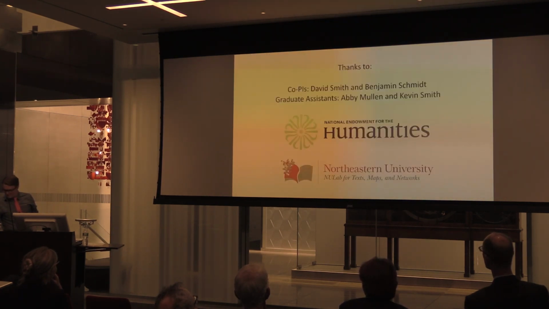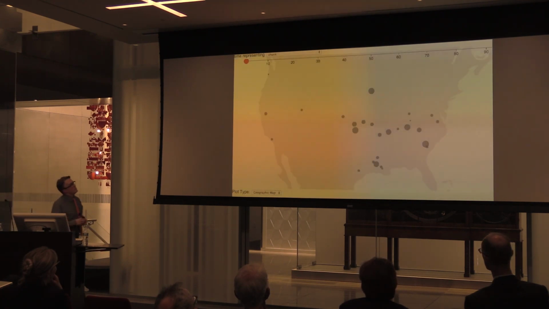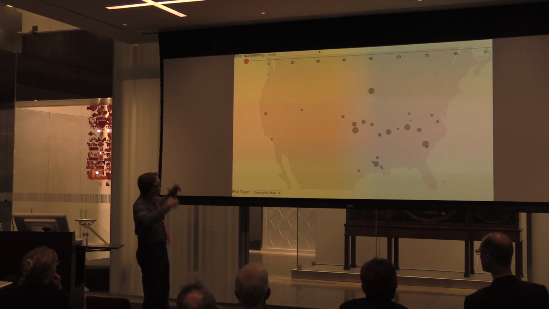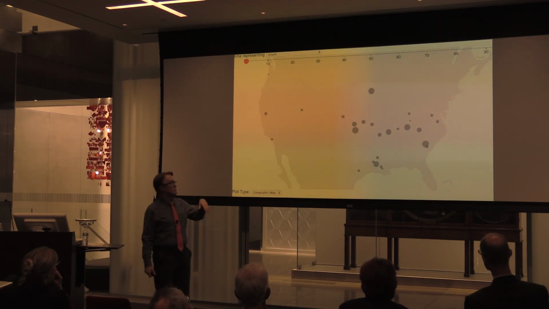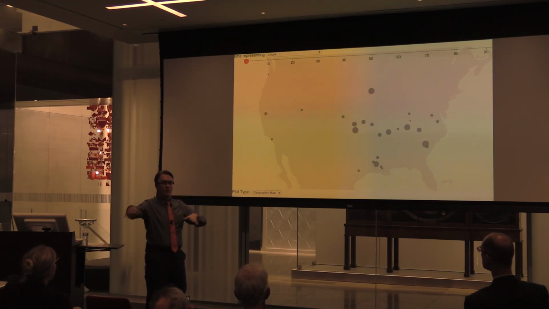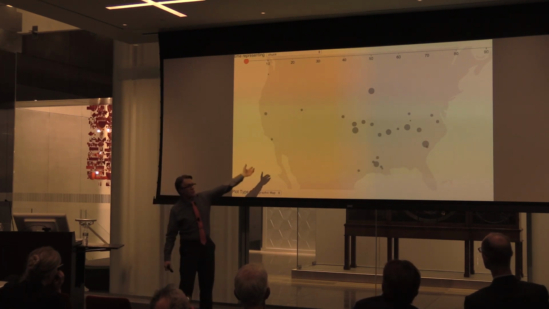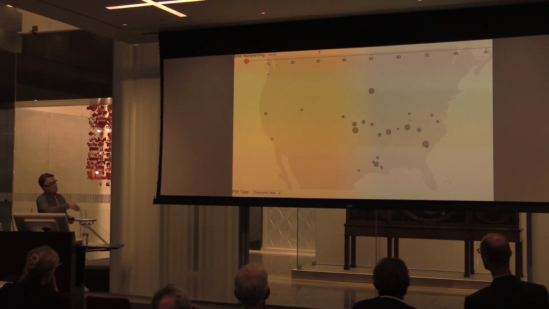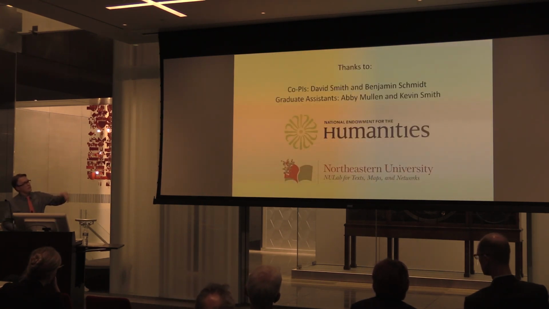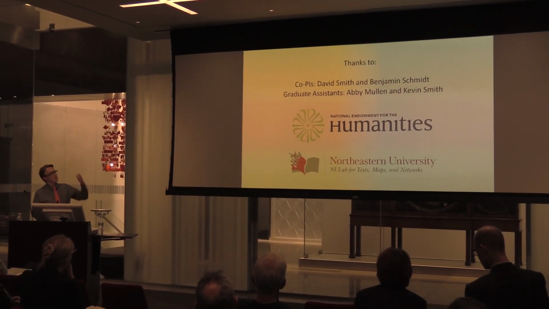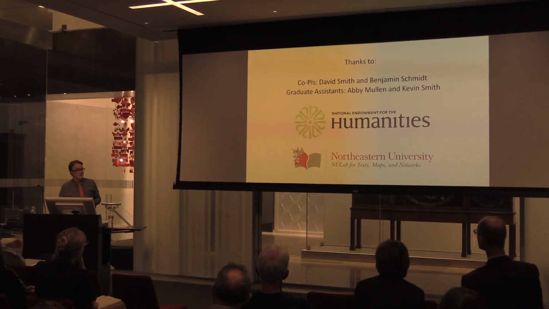And then this, if I have an internet connection, well, I'll pull it up. Some interesting kind of mass map. You saw some of the maps that I've generated with GIS, but this is a huge attempt to map all of the different texts, and you can sort of drag between the different texts and see what their geographies look like sort of live, and then click through to get to the texts themselves. So this is another of the things we're thinking about, is other ways that people can get into our data, use the data. And I guess I'll leave it there. We're grateful to the NEH, to Northeastern, and to my various collaborators and assistants on the project. So I'll leave it there.